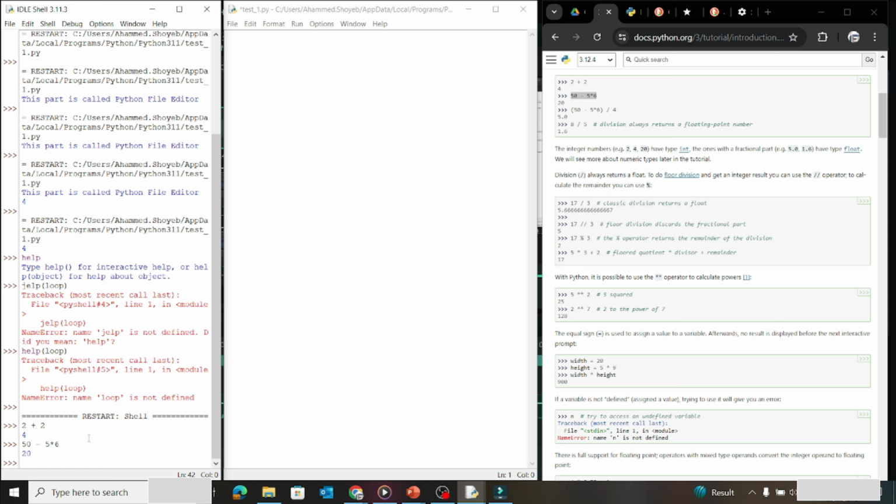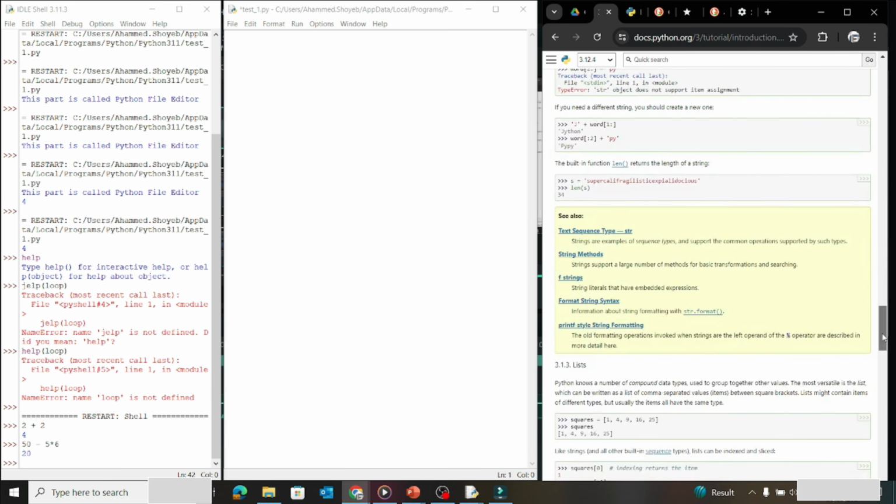The difference is that you can't save this code. You can't execute it later on. As soon as you click this button, the PowerShell is gone. There is no memory of the code. On the other hand, if you go to the bottom,